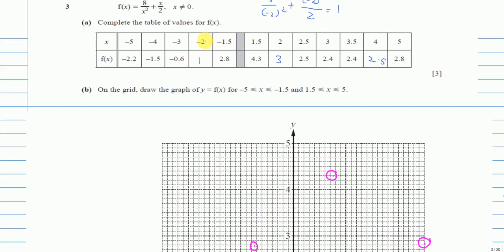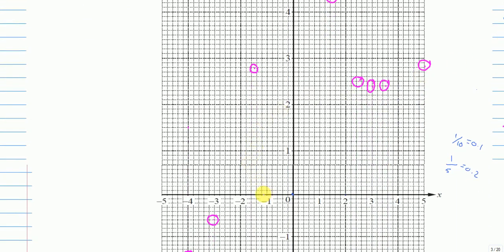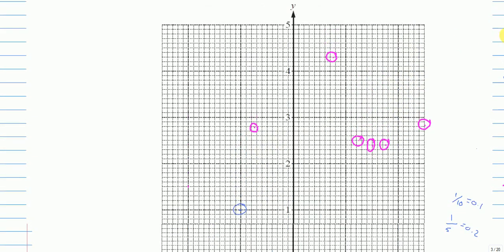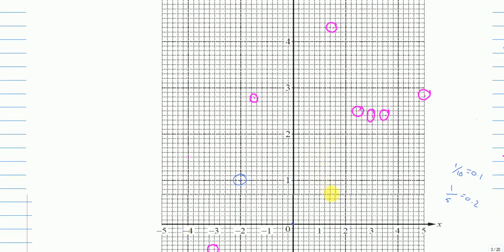When x is minus 2, f of x is 1, and in other words, instead of saying f of x, we can also say it is y. Okay, so x is minus 2, f of x is 1 here, and remember my graph will not be as accurate as on the paper. Okay, so for this one, when x is 2, f of x is 3. When x is 2, f of x is 3 here, and make sure you're drawing a small circle around the dot, or you can make an x. If you leave just the dot like this, it is hard for the examiner to spot.